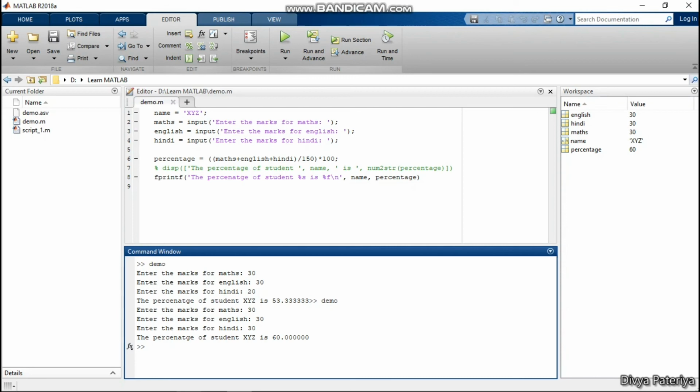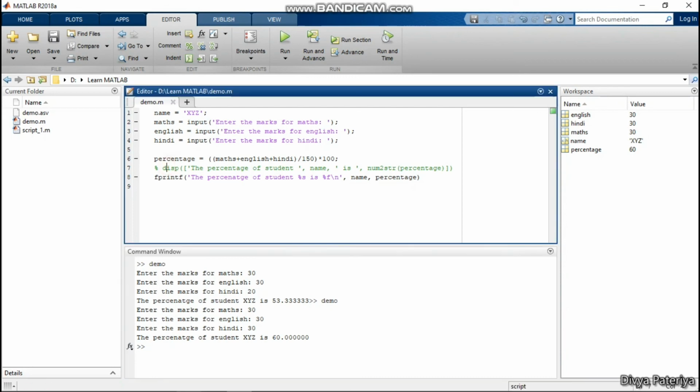To print out anything inside the command window, we can simply use the display and fprintf commands. Also one thing I forgot to tell you all, it is not like we can only use the display function to display the variables only. We can also print our strings also.